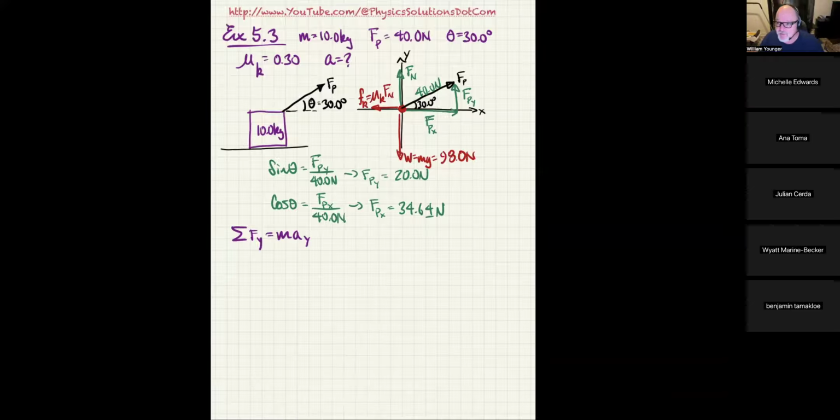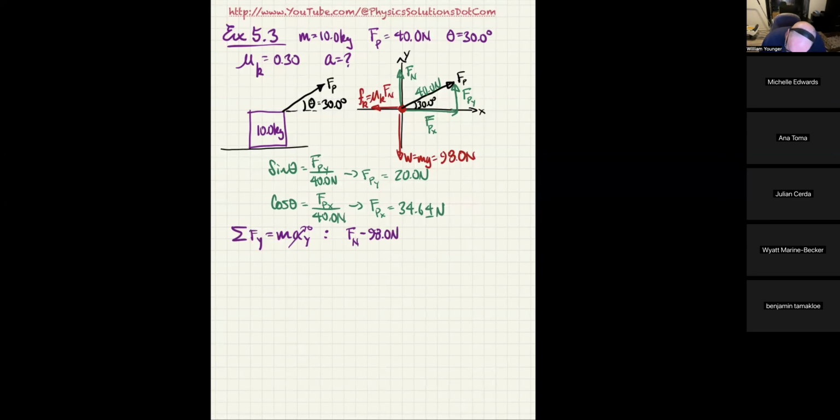If I wait a tenth of a second, it's still 0. If I wait another tenth of a second, it's still 0. So the acceleration in the y direction is equal to 0. I'll go ahead and write that. Now I take all my forces in the y direction. They are the normal force, which points up, so that's a positive, as you can tell by the green arrow. Then I have the weight, which points in the negative direction. So it's technically being added, but again, I don't want to write plus a negative, so I'm just going to write it minus